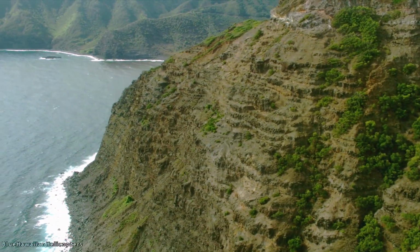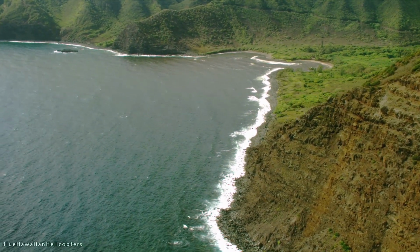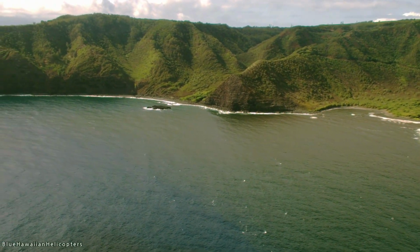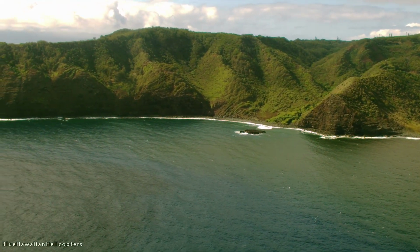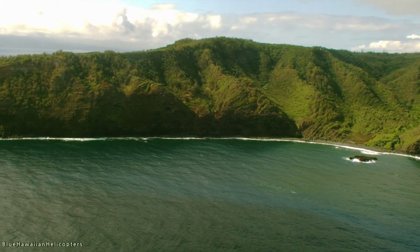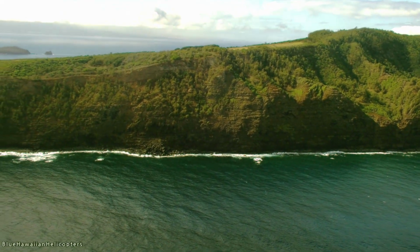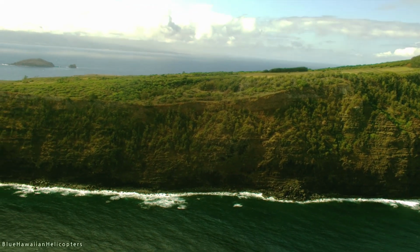Now we're coming up with a lava valley on the right, and this is where the road begins here on this part of the island. Now, because there's no tourism on the island, instead they focus on agriculture and livestock. So there's a lot of farmers and cowboys on the island. And one of the really nice ranches is coming up on the right. We're going to kind of go around it, and this is known as